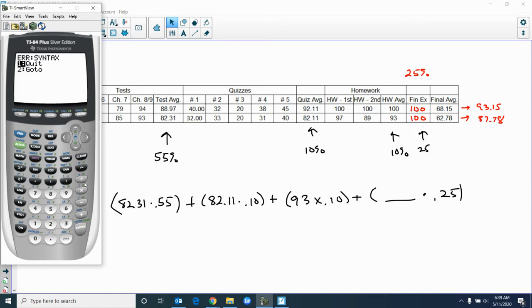Okay, now that all gives us, what did I do wrong? I don't need that in there, I guess. Okay, that's where you get to 62.78, and that's your grade if you get a 0 on the final,